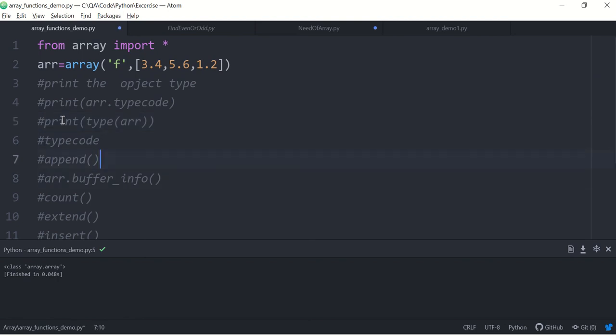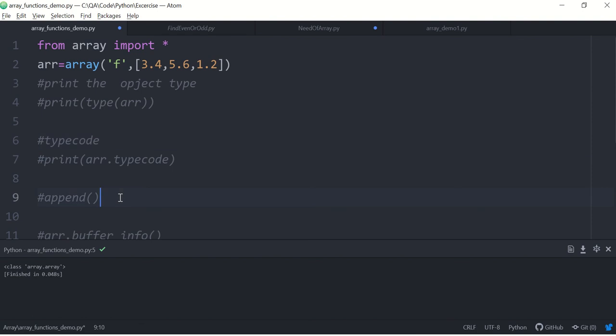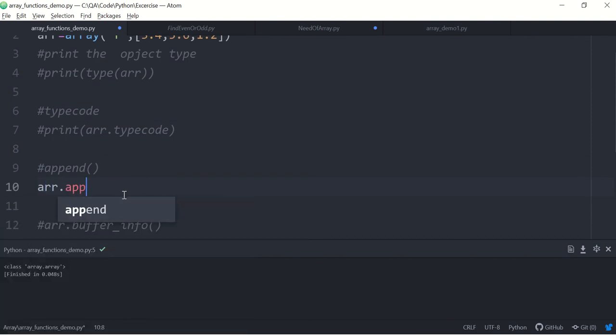Then let's see append. Type code we have seen already here. I'll do arr dot append, and unlike other languages like Java and C++, here array size is dynamic. You can actually add elements in an array. In Java, once you declare an array, its size cannot be changed. So for example, I want to append 6.7,